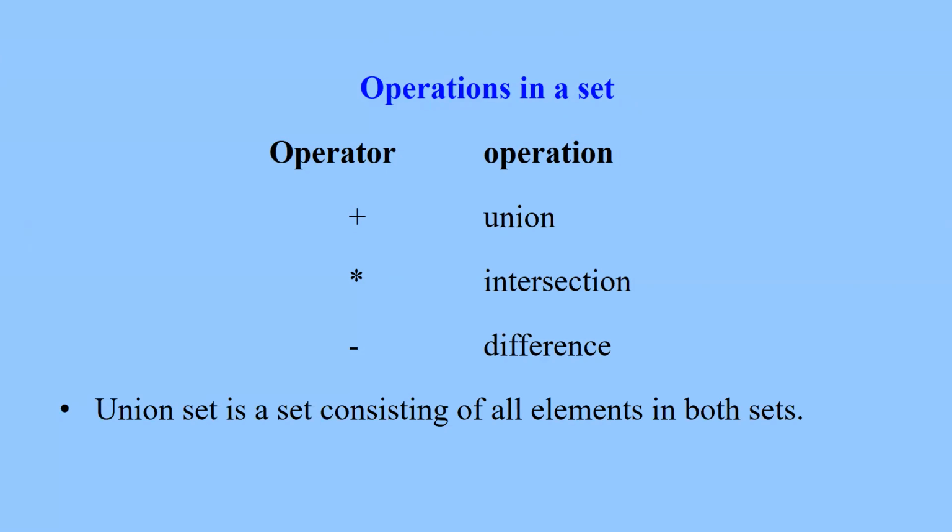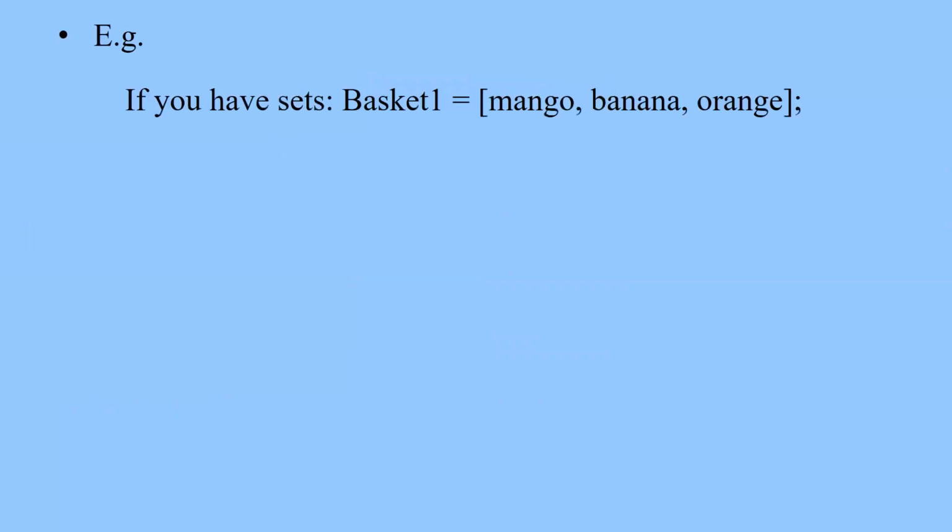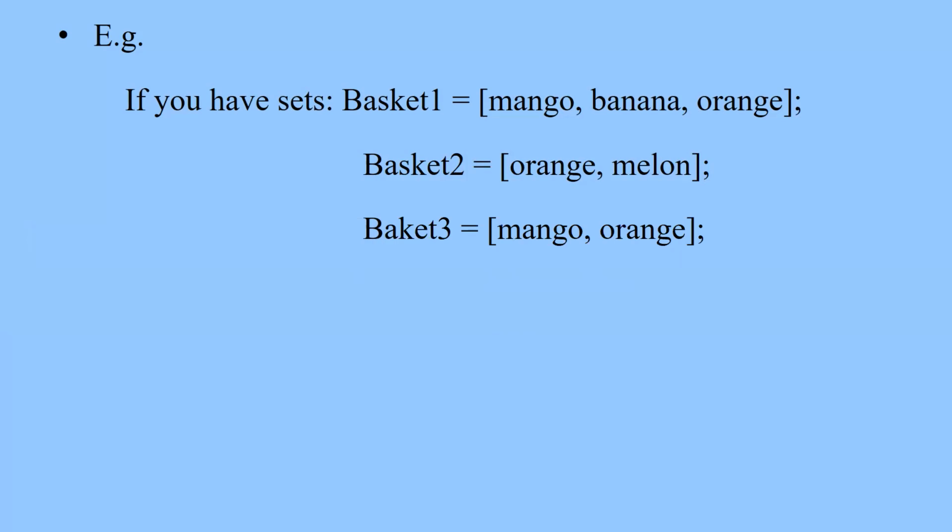With those operations, a union set is a set consisting of all elements in both sets. For example, if you have sets basket 1 initialized as mango, banana, and orange, and basket 2 containing orange and melon, while basket 3 contains mango and orange,